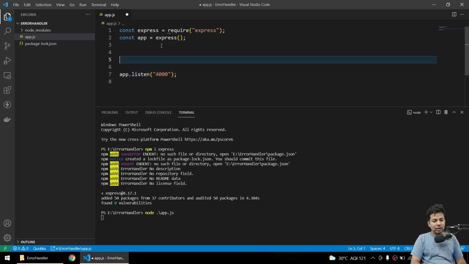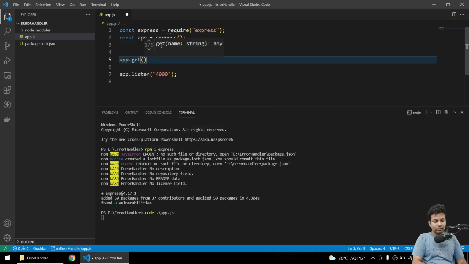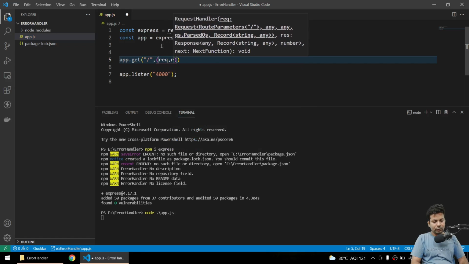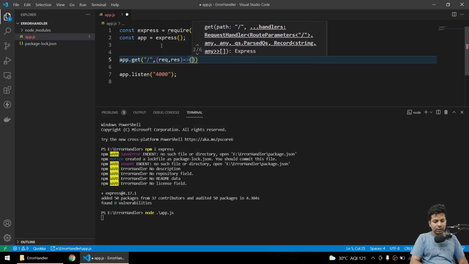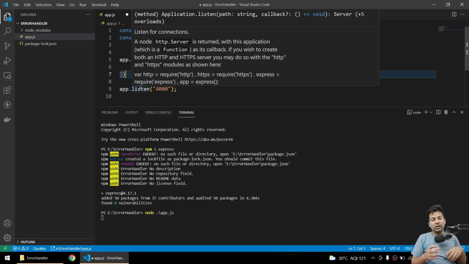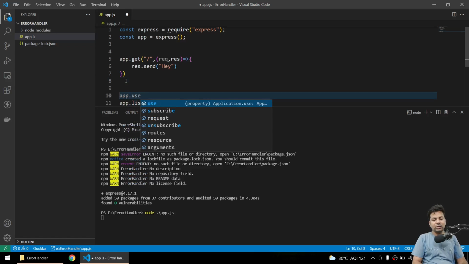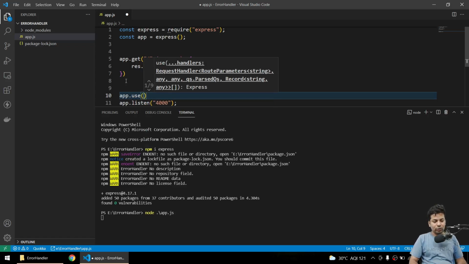Now what I'll do, I'll just make a route, app.get, and we'll say request, response, and we just say res.send hey. Okay, so this is a route. If the method is not allowed, we just get a message like cannot get, cannot post on this route. So we'll just say app.use. If there is not any route like that or not any method, we'll say app.use,